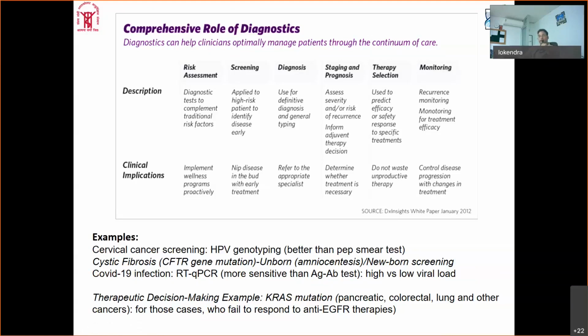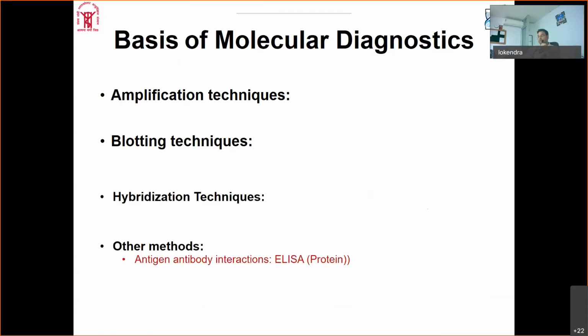So altogether, diagnostics, especially molecular diagnostics, is one of the important aspects in medical sciences as well as in research that will help us to understand. So when it comes to the techniques, because we are always more interested in what kind of methods, and I'm sure most of you are very familiar with this, and you might have studied it in your masters or in your previous work area.